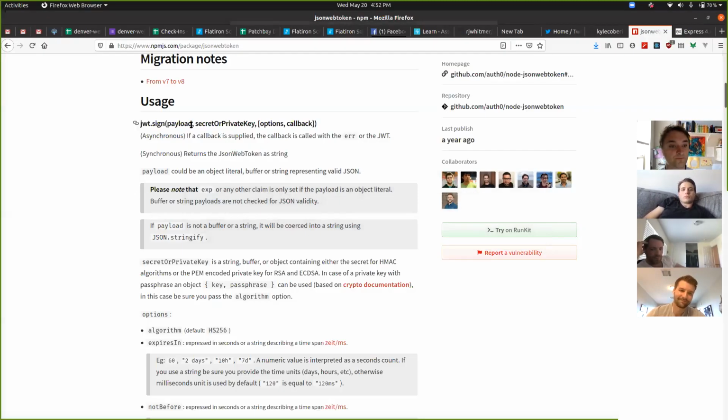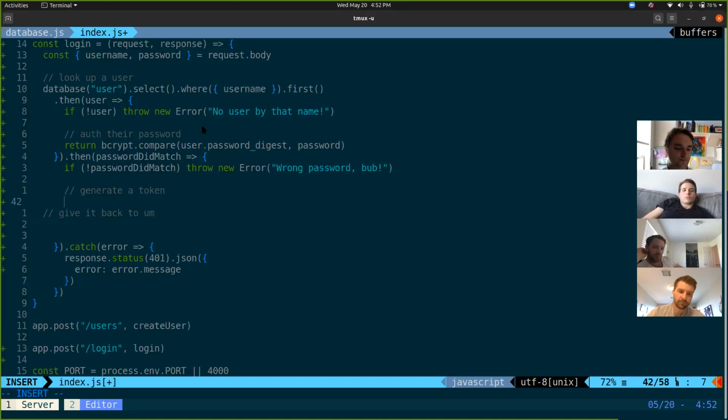It's a waste of time. So jwt.sign is an awful lot like jwt.encode. It takes a payload and a secret. So we could do something like jwt.sign, maybe,